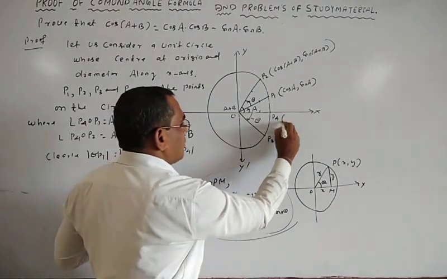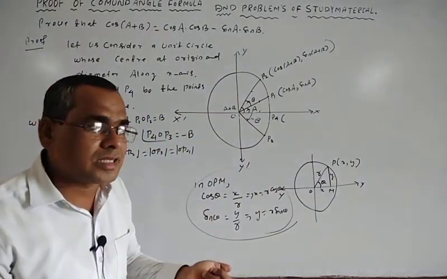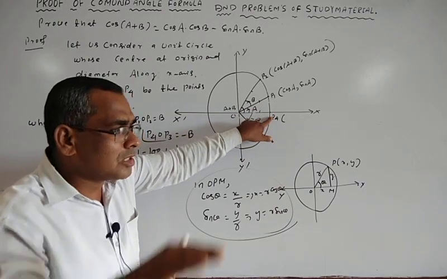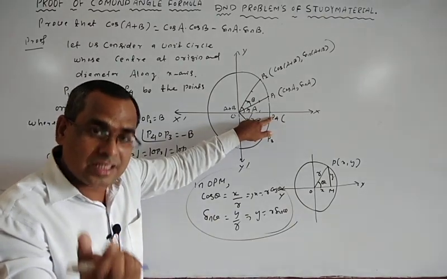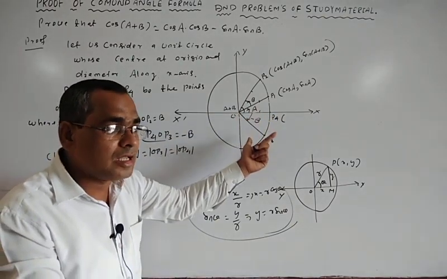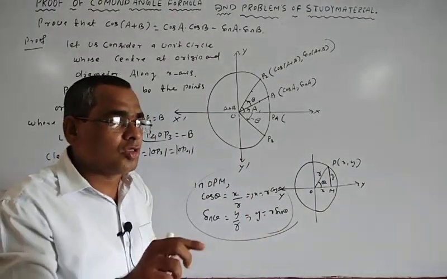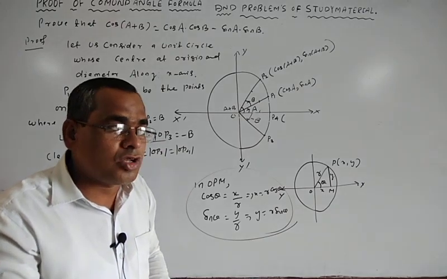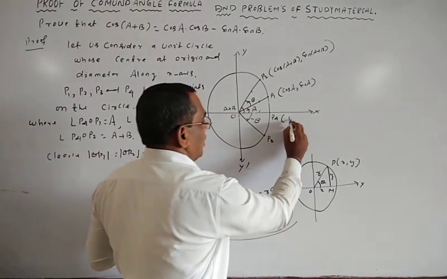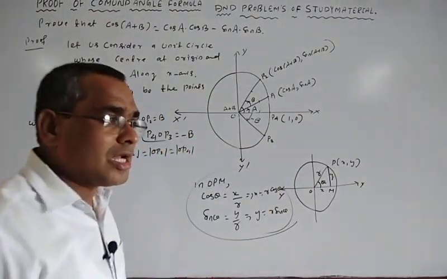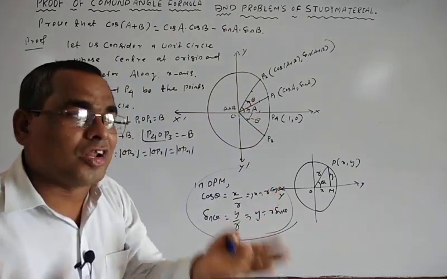What is the coordinate of the point P4? So for P4 you can apply r cos theta, r sin theta. Here OP4 lies on the x-axis, which means it makes an angle of 0 degrees. Here theta is equal to 0 and r is equal to 1. So r cos 0, comma r sin 0. R means 1, cos 0 is 1, comma sin 0 is 0. So (1, 0). Okay. You can determine the coordinates of the points P1, P2, P3 in polar form or parametric form.